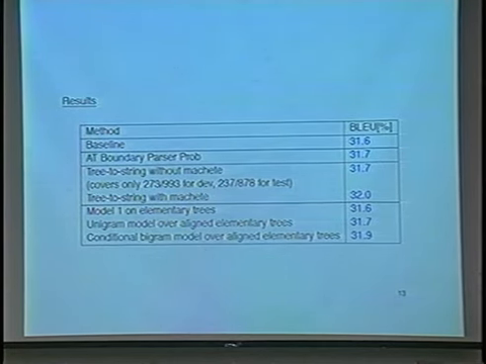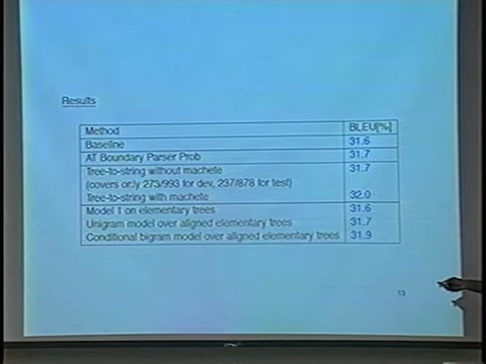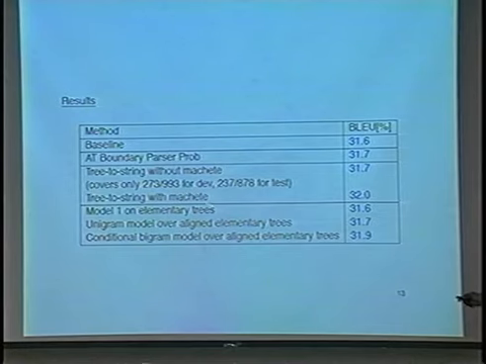Just using the original alignment template probabilities of whether they're left monotone or right continuous actually does much better. So that's depressing. But what is encouraging is when you try the tree to string model without our machete, you get 31.7, but that covers only a small fraction of both the dev and test because of the complexity. And with our machete tool, the tree to string model does get a subsequent significant improvement because it can cover more and it's more robust.